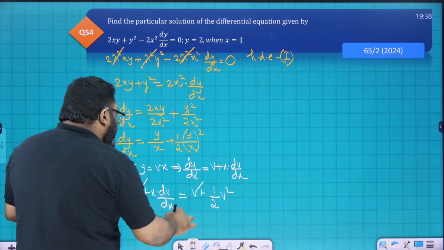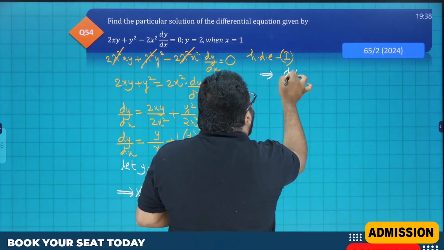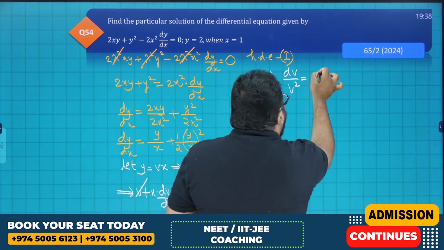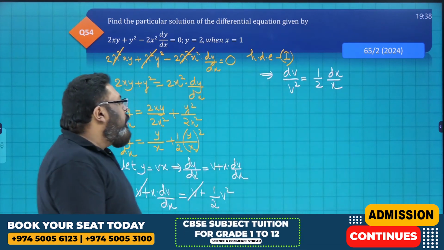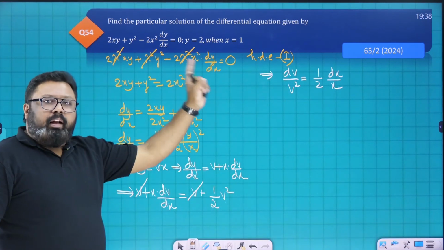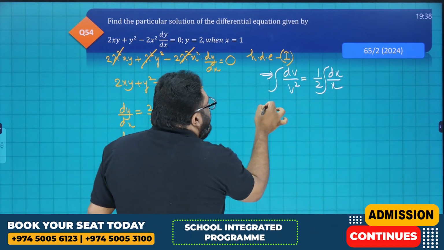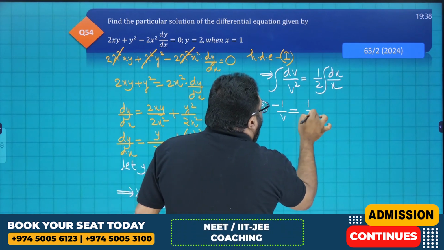Okay, so I can take out v on both sides. So my answer is going to be dv by v squared is equal to half dx by x. I told you, leave unwanted constants on the right side itself. So now we're going to integrate it. Okay, so it's going to be minus 1 by v is equal to half